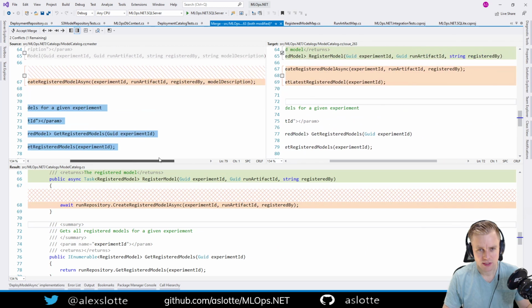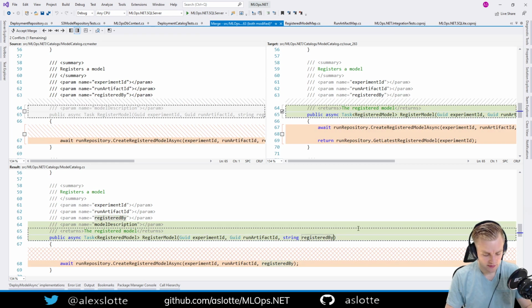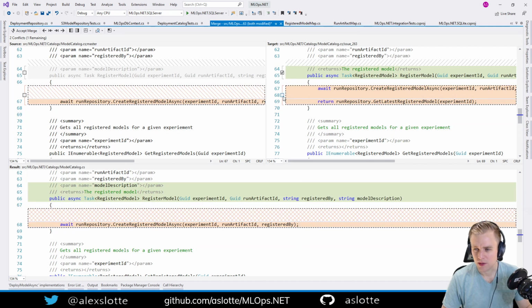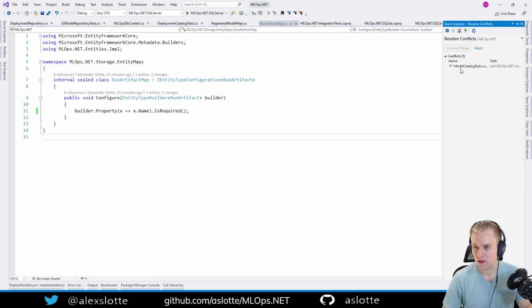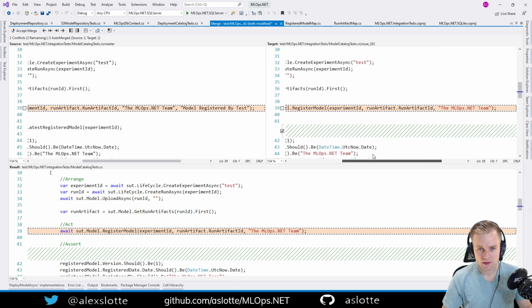Come on, be nice. I'll just do this here. Model description is coming in, and it's going to be passed down here as well. And I want to use this one because we're going to return here, so we're going to do it this. Model description. I like the IntelliSense right there, actually. That's nice. Okay, I think that's all. And then I will do the last one here. Okay, I think